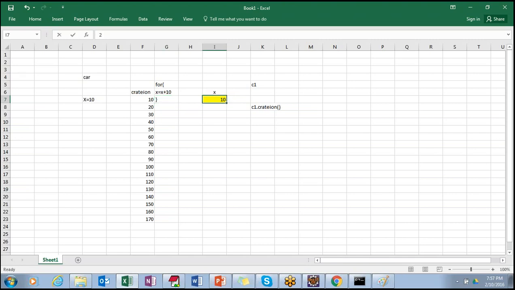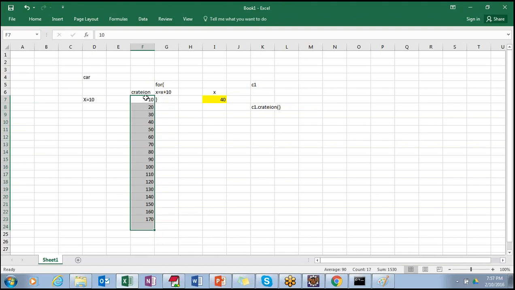So my memory will be allocated with 20. Again for loop, x plus 10 is 20 plus 10, so it is 30, right? Yes. And again my for loop, 30 plus 10 is 40. This is what I'm trying to make you understand. The creation method is updating the value because it has a for loop, increasing the value with x equal to x plus 10.